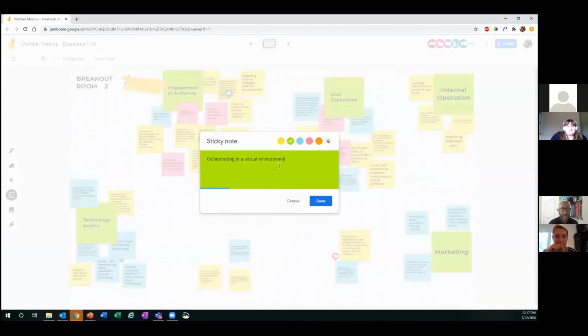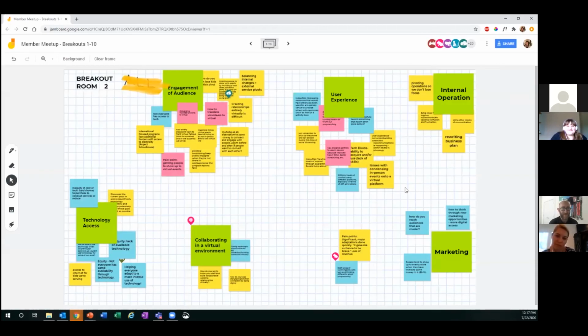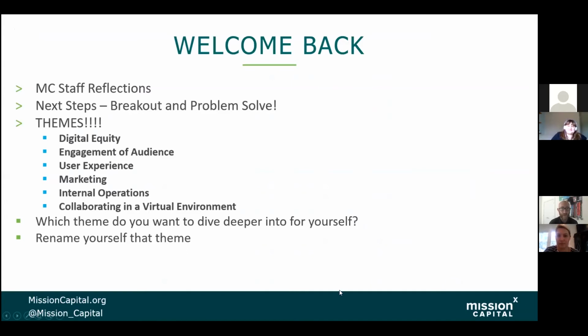As you can see, we're still playing around with them, but the dialogue from all of those conversations and all those breakouts has been rolled into breakout room 2 for us to archive and have access to. And you can see how all those conversations played with each other a little bit. So we're going to go into breakouts and get a little bit deeper into these topics that you've all rolled up. And Caitlin is going to talk about how the next breakouts are going to look.